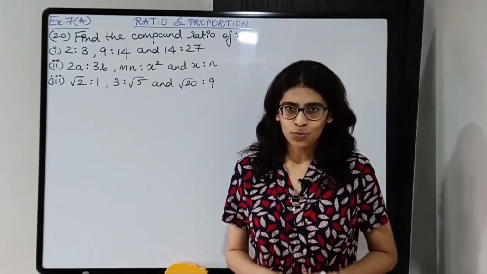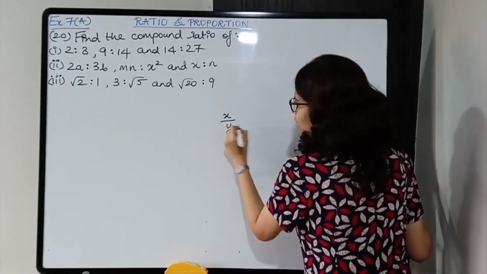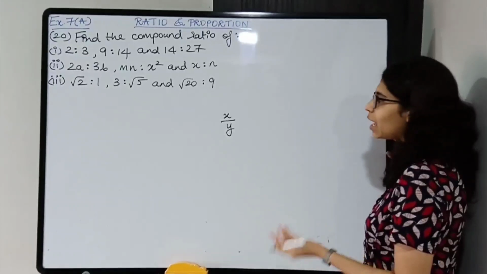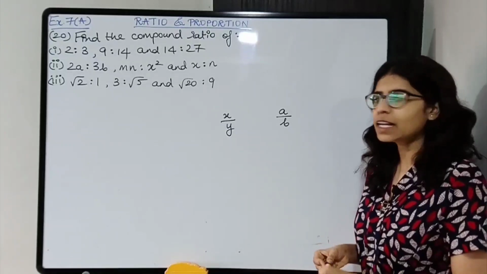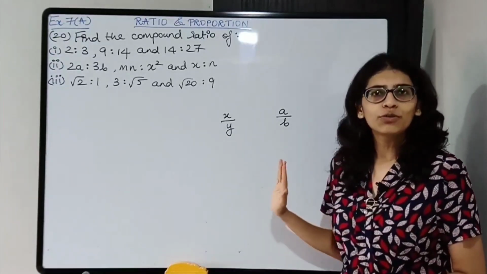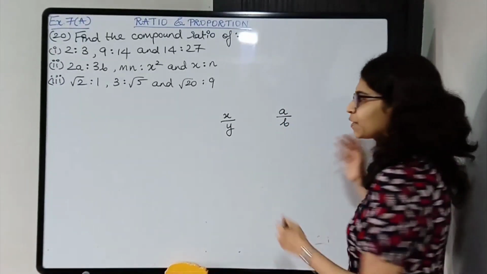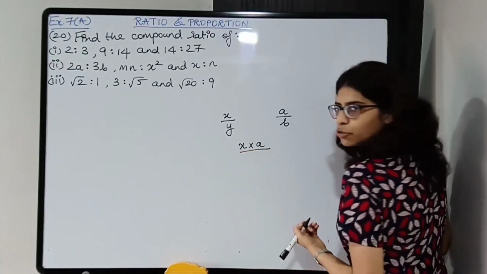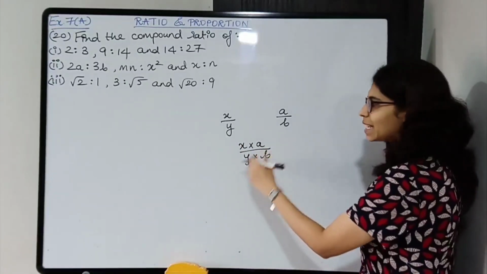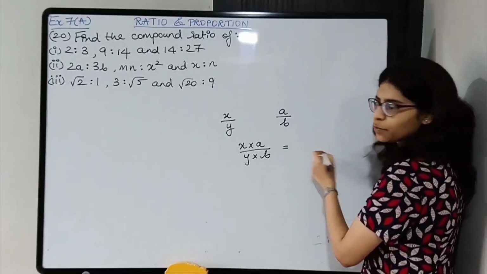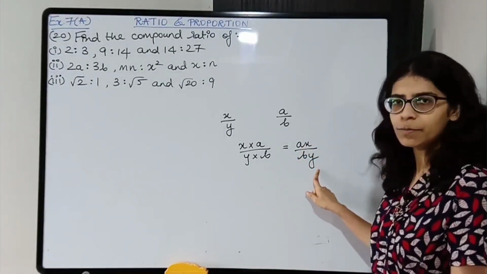Compound ratio means what, students? Let's say you have two ratios, okay, x upon y or x:y and a:b or a upon b. When you have to find compound ratio of these two ratios, what you are going to do? न्यूमरेटर को मल्टीप्लाई करो एंड डिनोमिनेटर को मल्टीप्लाई करो. सो इट विल बी न्यूमरेटर इंटू न्यूमरेटर अपॉन डिनोमिनेटर इंटू डिनोमिनेटर. If any terms are getting cancelled out, you will just cancel it out and find out the final value. So यहाँ पे final value will be ax upon by. Okay, writing it in alphabetical order.